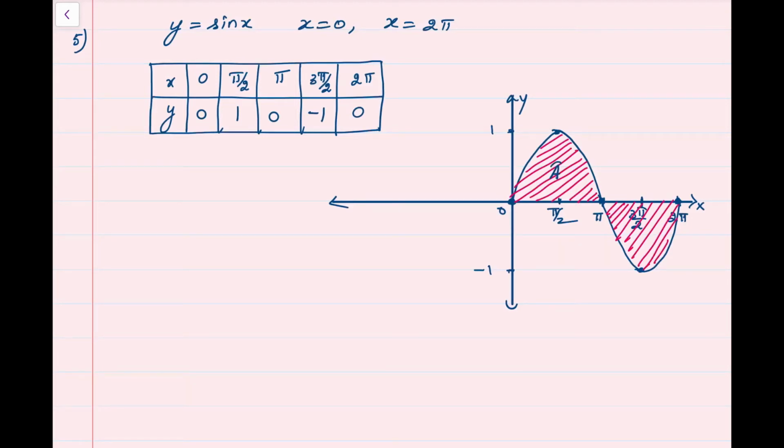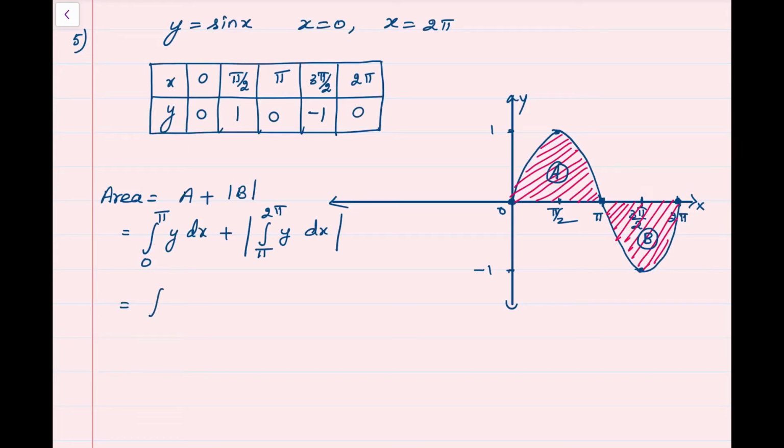This area A is above x-axis, it will get a positive sign. Area B is below x-axis, it will get a negative sign. So we have to make B area positive by writing the absolute value sign. Therefore, area is A plus absolute value of B. Area A is integral 0 to pi of y dx plus absolute value of integral pi to 2 pi of y dx. We will write y as sin x